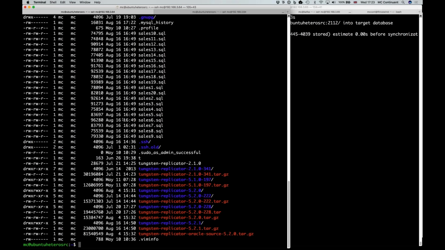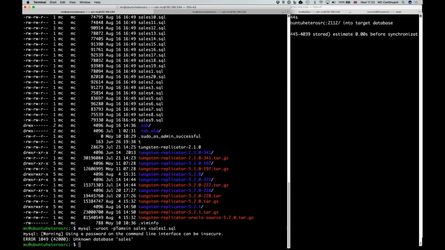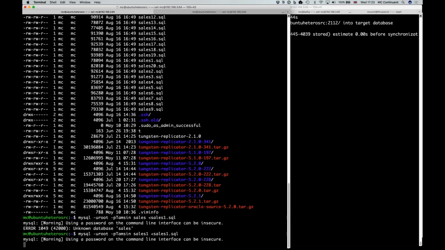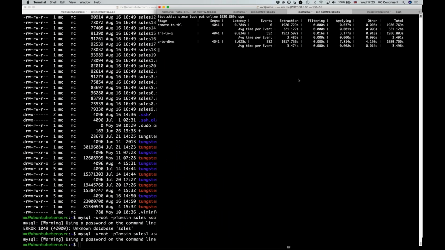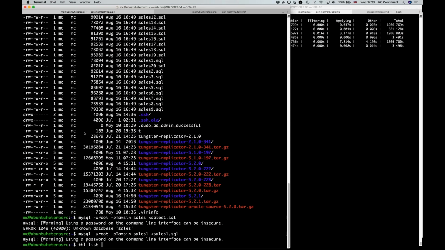What we can do, however, is try inserting a slightly larger body of information. Whoops. And we can have a look at what it outputs. So we've got this new performance output here in the new version, the 5.2.0 version of the replicator, and you can see that we've just inserted a huge amount of information into the database. It all comes through as one transaction, and